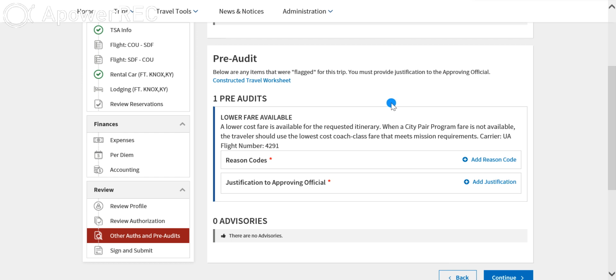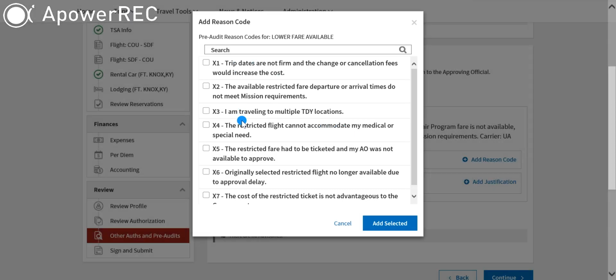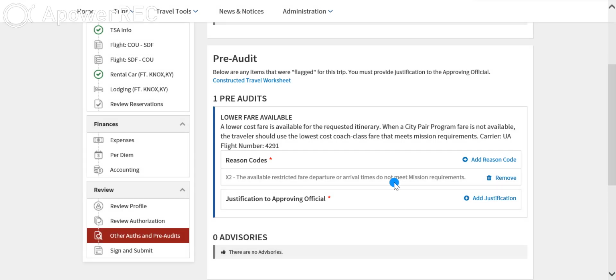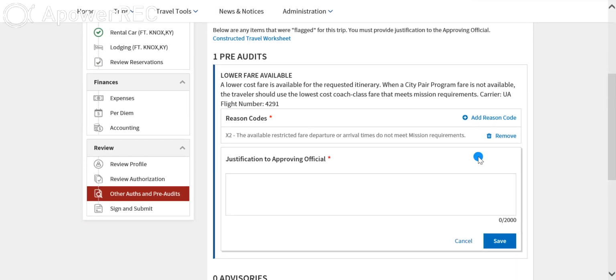Now the reason why it says that is because, remember, we talked about those non-refundable flights. They were cheaper, but we do not ever want to pick those. So we're going to add a reason. And you could pick, you know, there may be some other reasons why you couldn't pick the flight you were on. So trip dates change. The available restricted fare departure do not meet Mr. So I'm going to pick X2 because the restricted fare, the one that it wanted me to pick, my command says we can't use those. And so that's what we'll say is battalion directed not to use